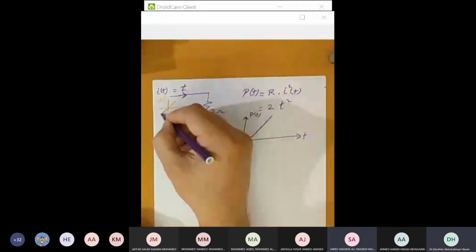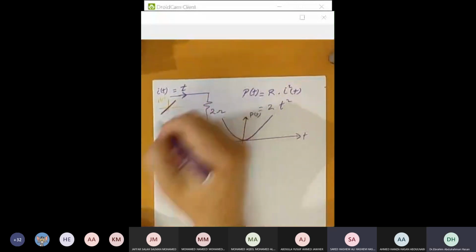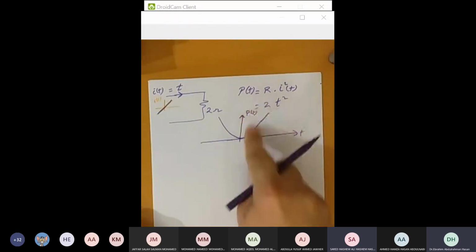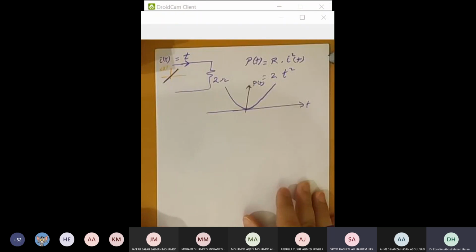Okay, هذه straight line وهذه parabola. I is a straight line, but P is a parabola. طبعا here again